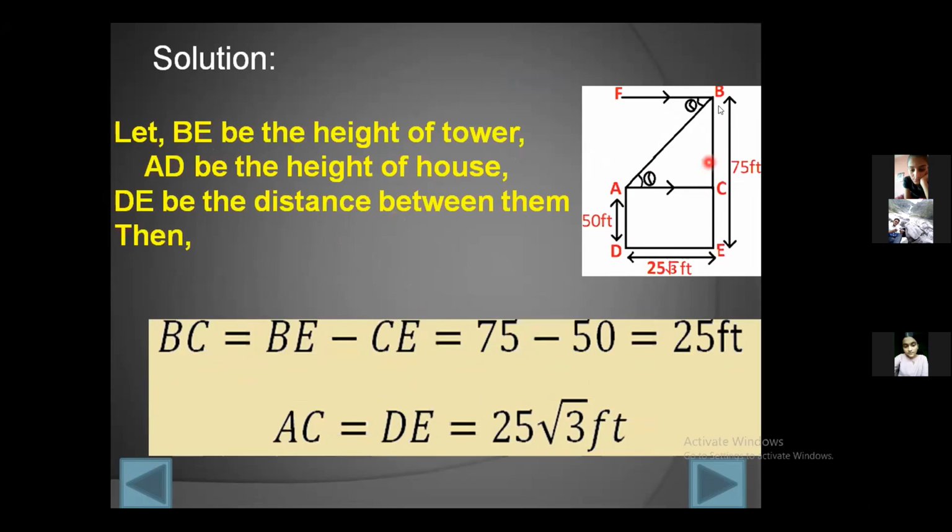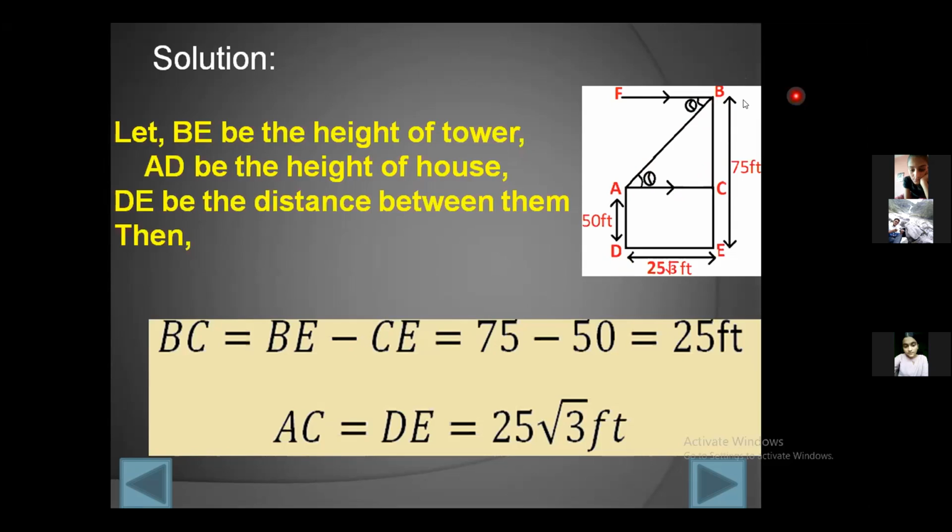Then we have to find the value of theta. So first of all we have to find BC and AC, because tan theta is perpendicular over base. Perpendicular means the side opposite the angle, and the remaining side is the base, and this is the hypotenuse, because here we can see 90 degrees. This is a right angle triangle, so it is the hypotenuse. We use the tan formula, so here we use perpendicular over base. First of all, in the perpendicular, BC is here, so we have to find BC.